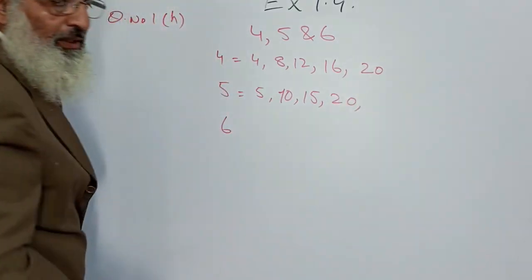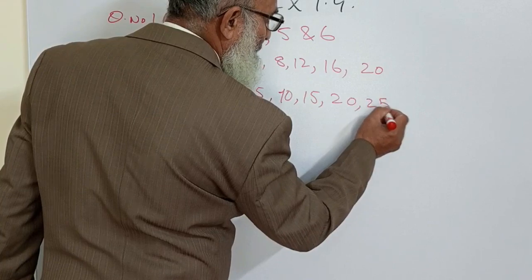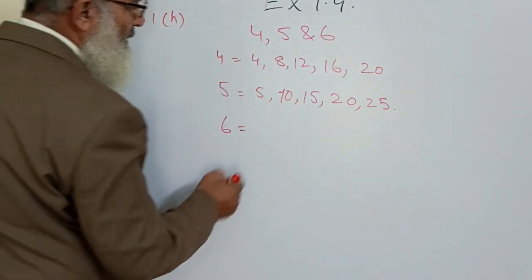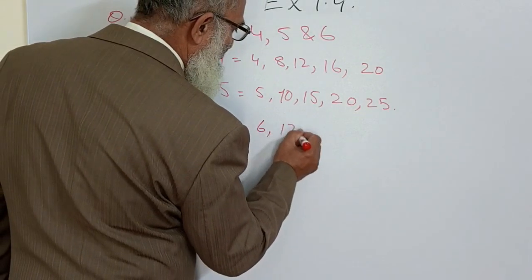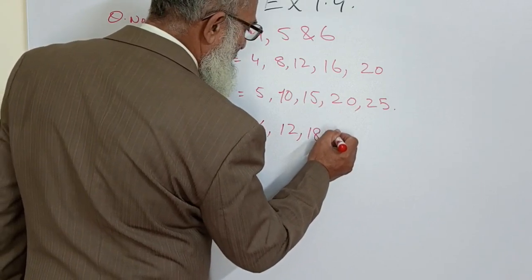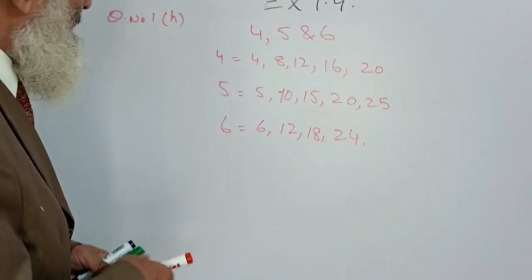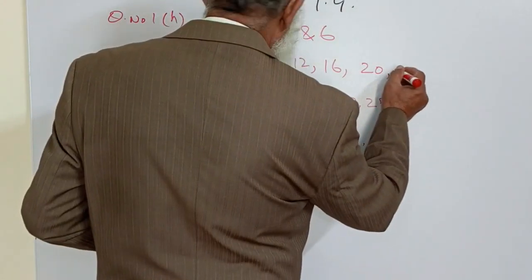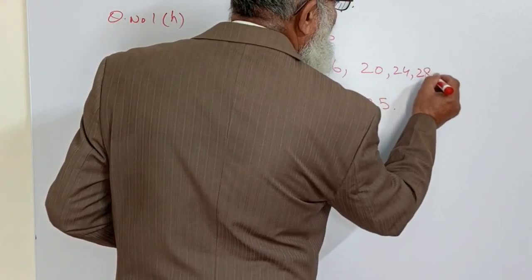So far I have got one common. And for 6, 6, 12, 18, 24. So dear students, I keep on doing the multiples for this: 24, 28,